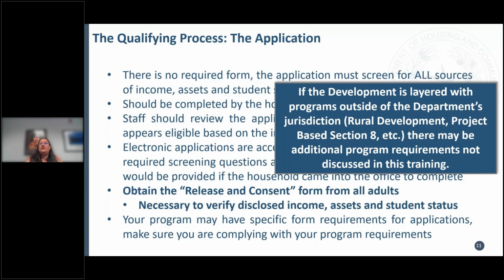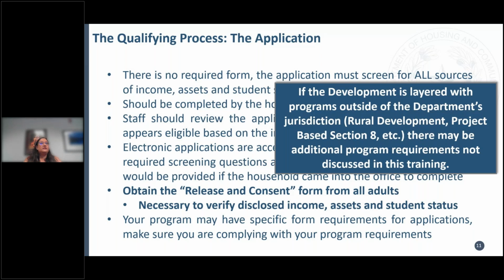One of the things I see very commonly is that HUD has a tenant rights guide and the department has a tenant rights and resources guide. These are not interchangeable. You would need to have both forms in the file, one to satisfy the HUD requirement and one to satisfy the TDHCA requirements.